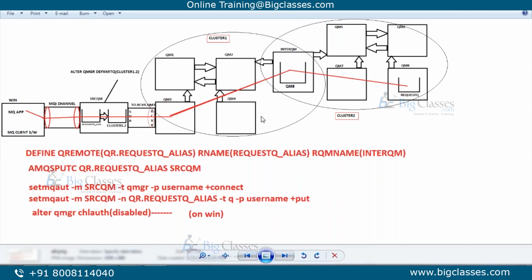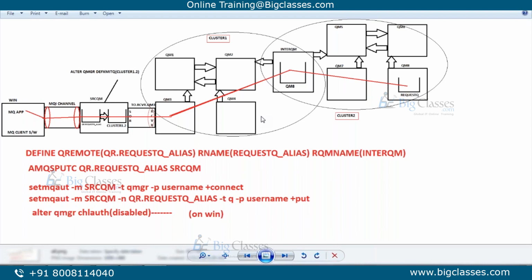Okay. This is how we need to understand things. This is the cluster. This is an overlapping cluster, if I'm not wrong. Yeah, with an intermediate queue manager, we overlap the clusters. On the intermediate queue manager, we configure multi-instance to enable availability.